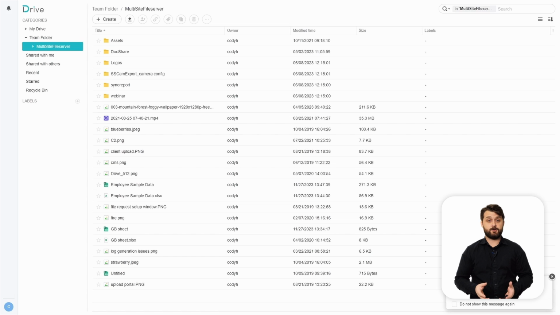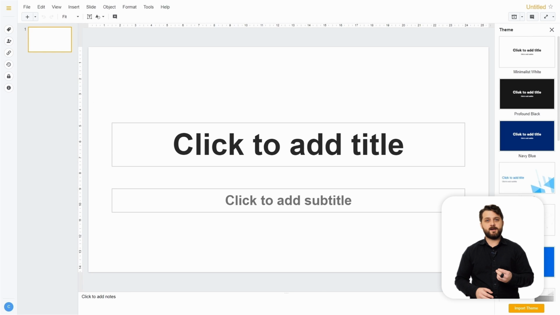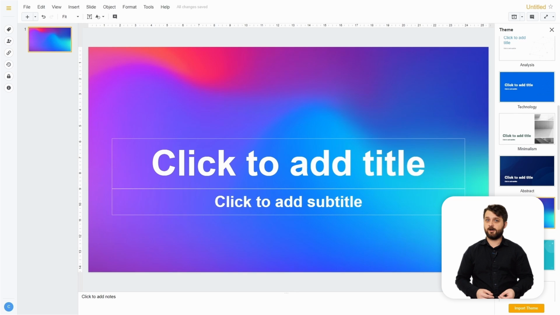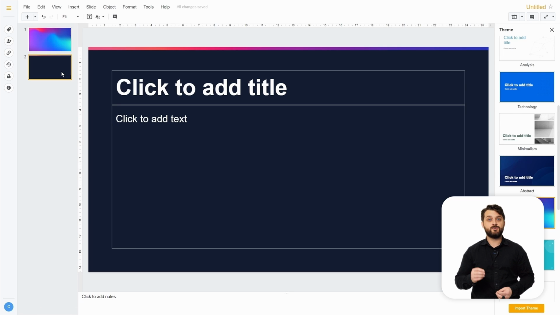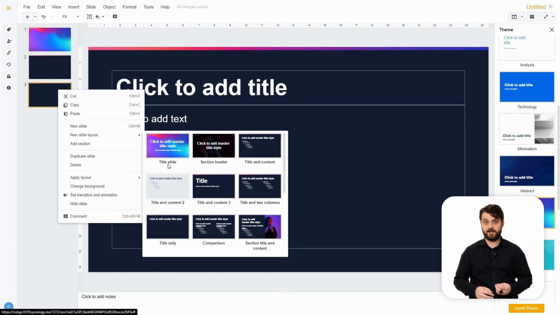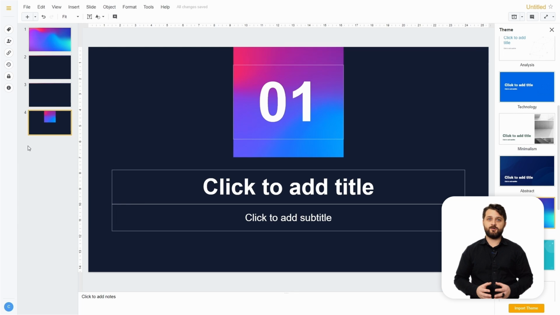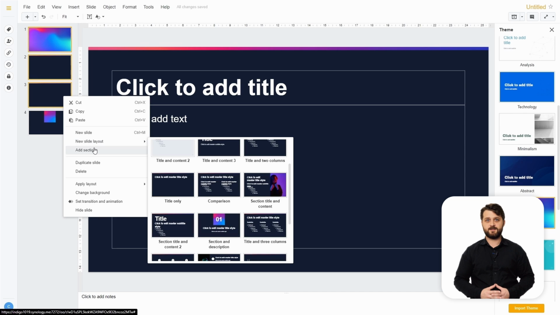Now back on our main Synology Drive web portal page, we're going to go ahead and create a slideshow inside of Synology Office. Now once this is open, keep in mind as we work through this slideshow that if you do want to collaborate with your peers, just like spreadsheets and just like documents, as they log into this document with you, you're going to be able to see their usernames pop up as bubbles on the top right-hand side, and you'll be able to see cursors of where they're actually editing this slideshow. So you can utilize this to create presentations with your peers. Also, you can easily create sections for your slideshow and collapse those as needed to keep things organized.